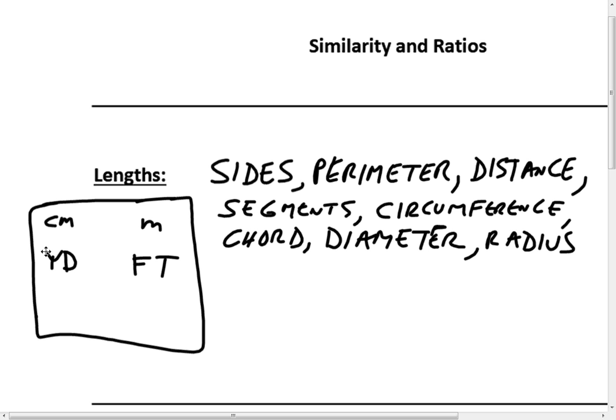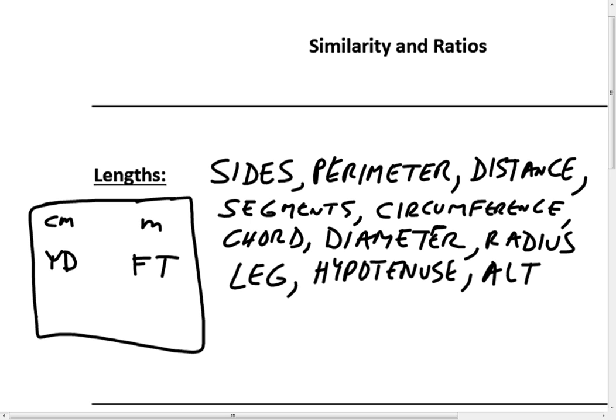Give me some segments that might come up in a triangle. Altitude? What's another word for altitude? Height. That's pretty good. There could be more. There's lots of names for segments. Anything we talk about